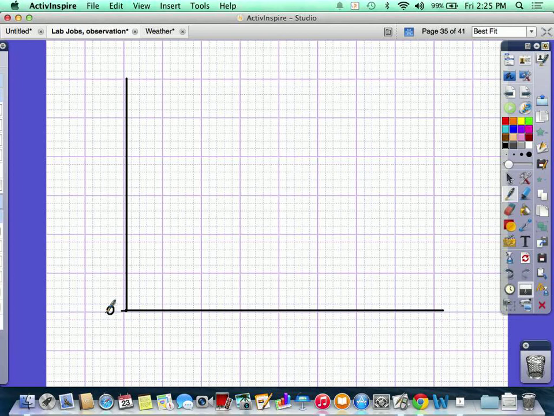Every 20. Okay? So the way my boxes are, and listen, is every piece of graph paper identical? No. So you've got to work with the graph paper you have. But if I make every one of my lines 20, then 20, 40, 60, 80, this would be 100, right? 20, 40, 60, 80, this would be 200. 20, 40, 60, 80, this would be